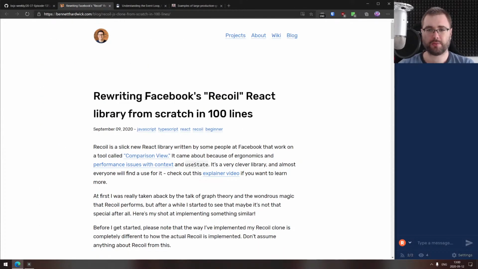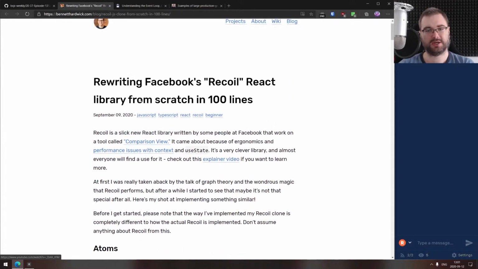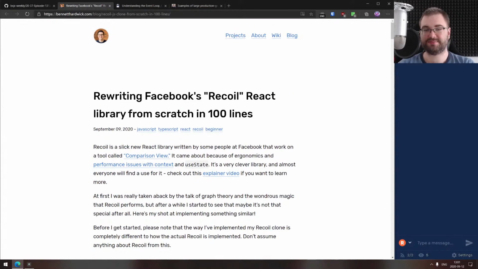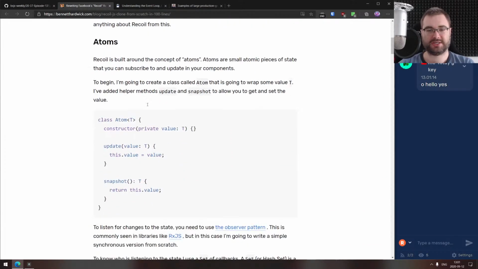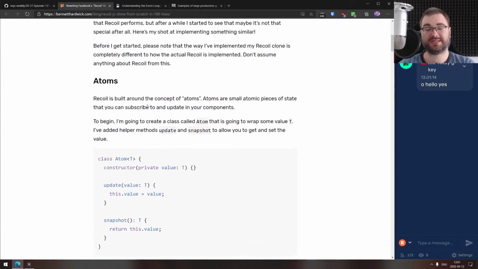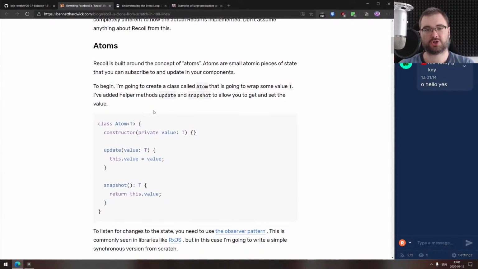All right, continuing, we got rewriting Facebook's Recoil React library from scratch in 100 lines. So this is another one of the articles that basically deep dives into how the specific libraries work. And in this case, it's a deep dive into the Recoil library. And yeah, essentially just guides you through rebuilding the very, very basic version of Recoil